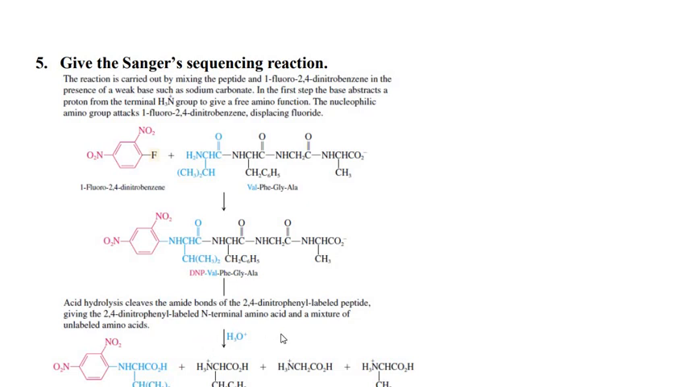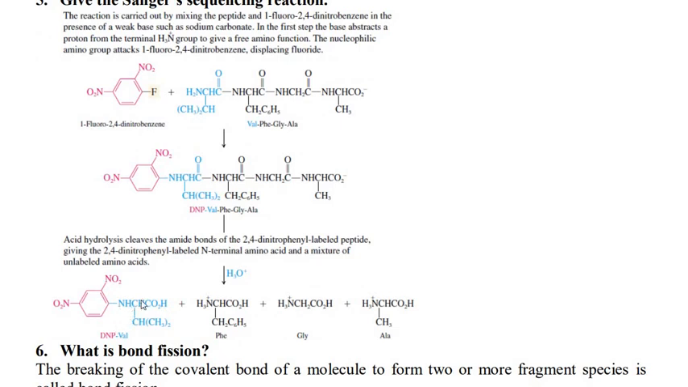Acid hydrolysis cleaves the amide bond of the 2,4-dinitrophenyl labeled peptide, giving the 2,4-dinitrophenyl labeled N-terminal amino acid and a mixture of unlabeled amino acids. You can see